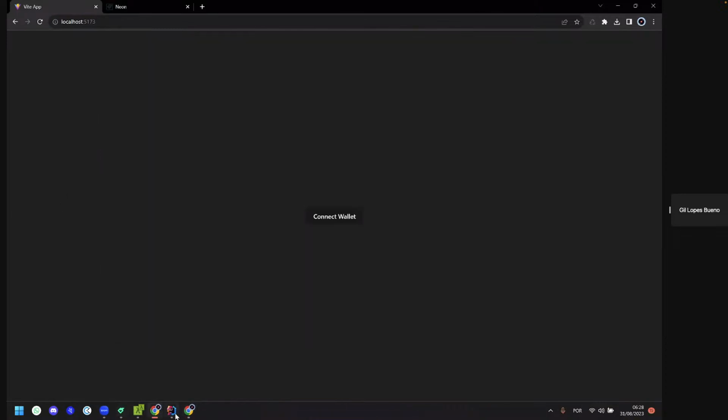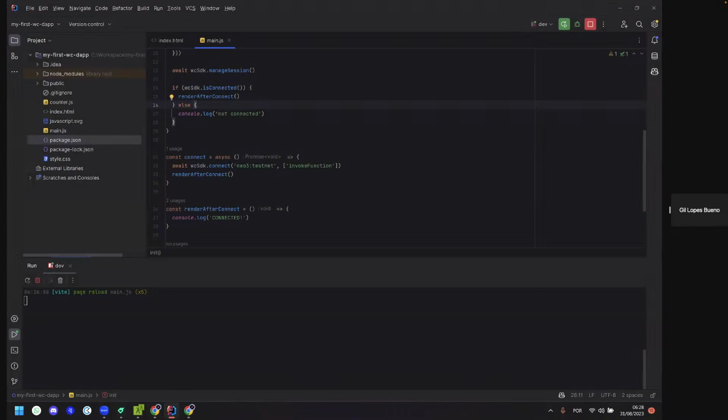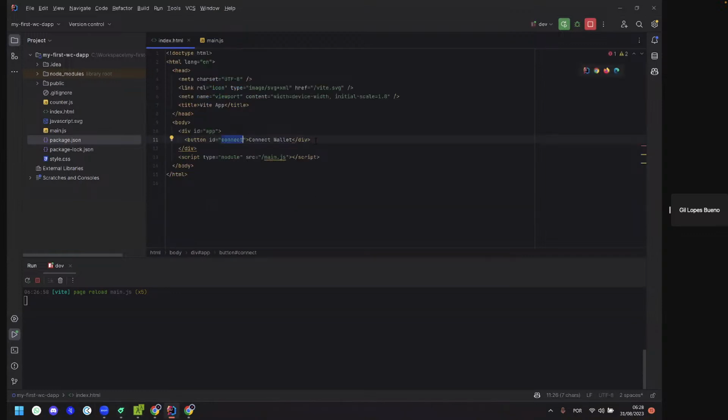And yeah, so well, let's see what we can do now. We should put some other buttons now to test the features and a button to disconnect. And maybe we should show the address of the user as well. So let's do this. Let's put